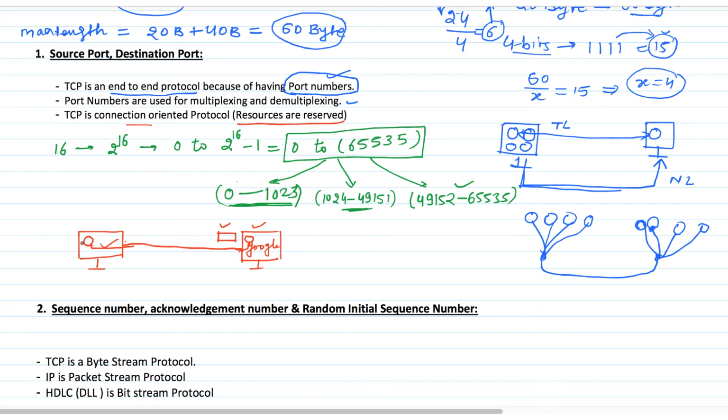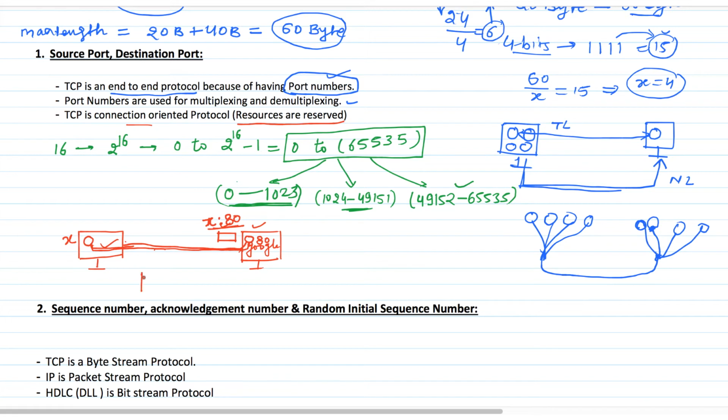So suppose the sender is having a port or process called X and it wants to interact with some other process in this machine, say it is using port 80. Then this connection will be identified by X, that is source port, and 80, that is destination port. So whatever communication will be performed through this connection, this buffer space is allocated for the same. A unique identification number, which is source port and destination port.